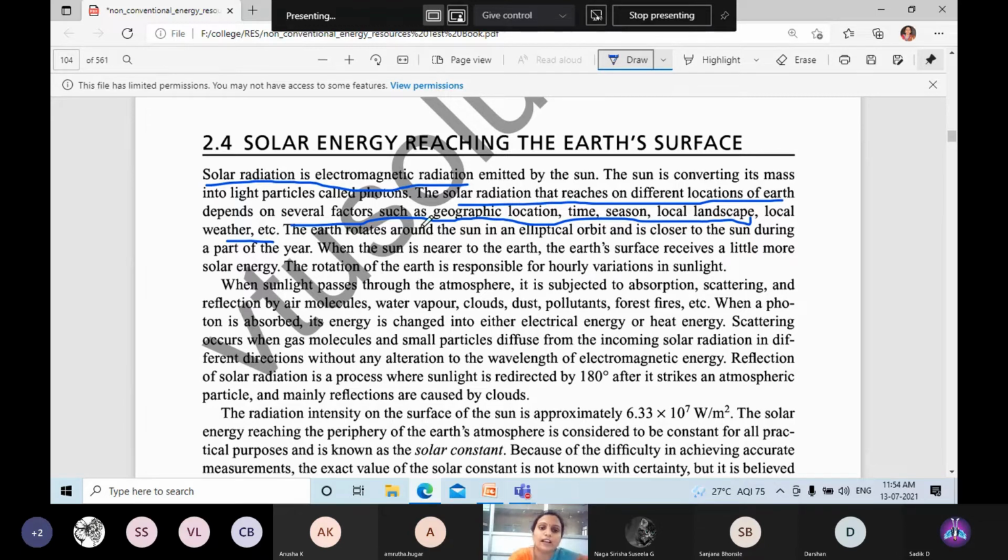The Earth rotates around the sun in an elliptical orbit, and it is closer to the sun during a part of the year. Okay, when the sun is near to the Earth, the Earth's surface will receive a little more solar energy. Here, when the sun is near to Earth, we can say directly that